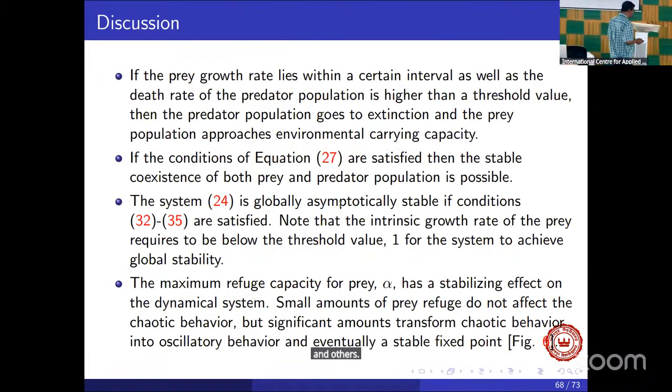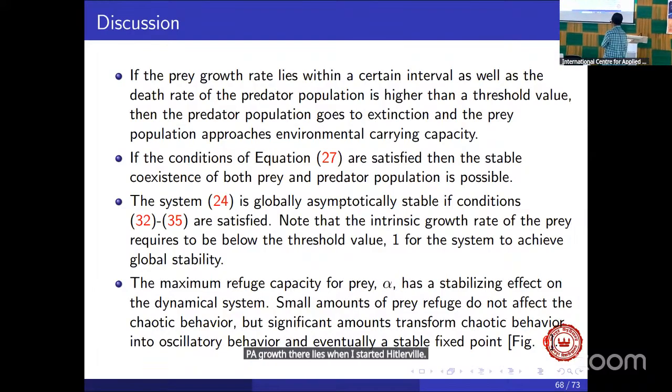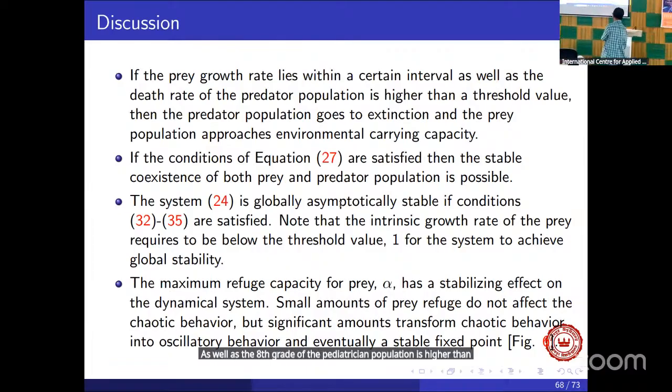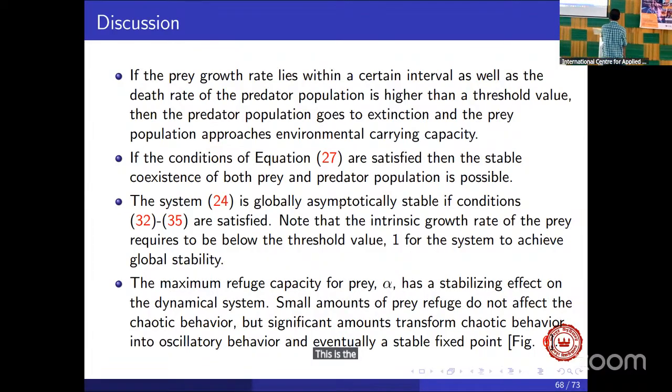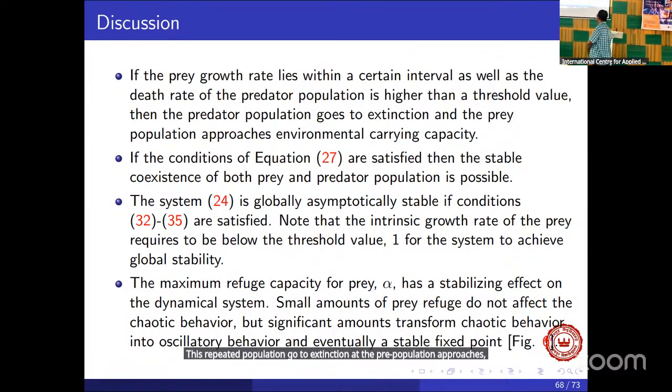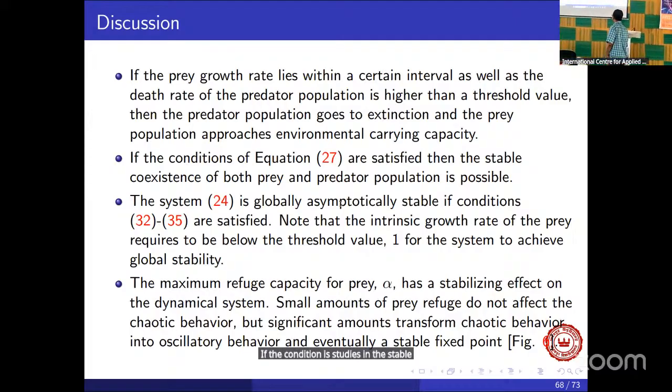Now, I go to the discussion part. See, if the prey growth rate lies in a certain interval, as well as the death rate of the predator population is higher than a threshold value, then the predator population goes to extinction and the prey population approaches the environmental carrying capacity. If the condition is sufficient, there is stable coexistence of both prey and predator, and there is a global stability condition,